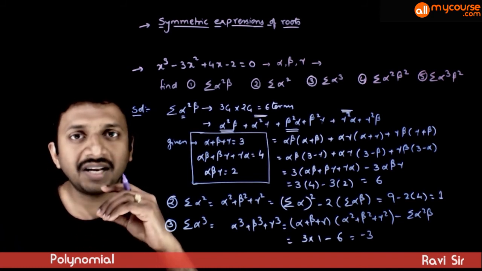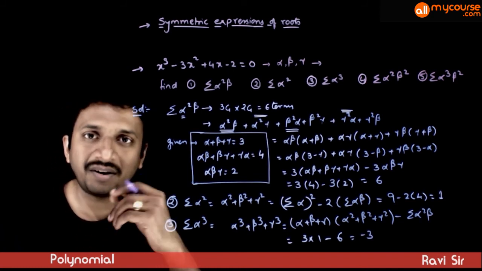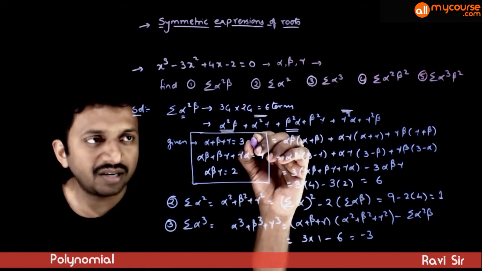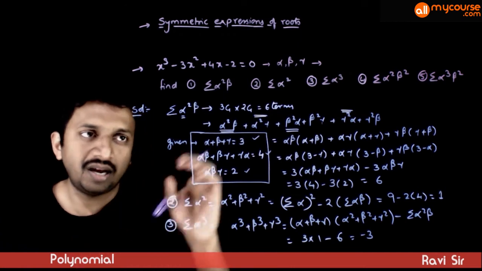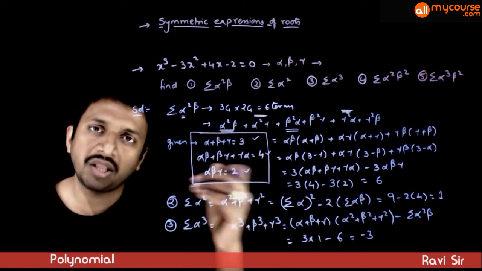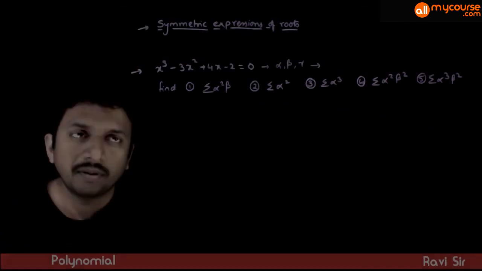So I hope you are understanding how to find different symmetric expressions. The basics that we need to use are the relations known to us. And from these relations, we get all the relations that we want. So next,